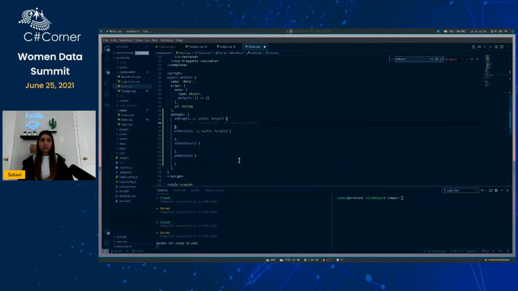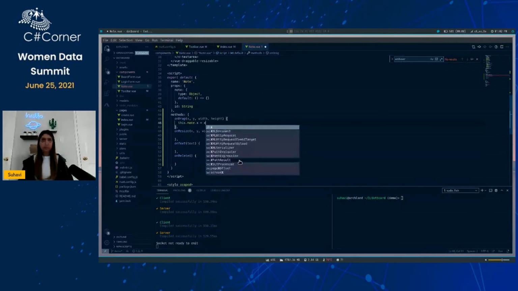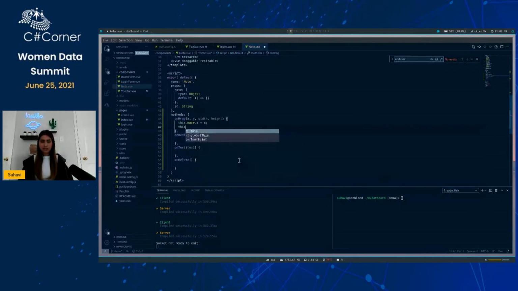So when we do dragging, we want to change just the x and y, the coordinates that it's on. We'll change that. And then on resize, we're going to do the width and the height.